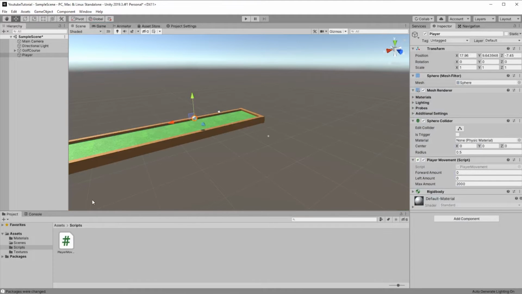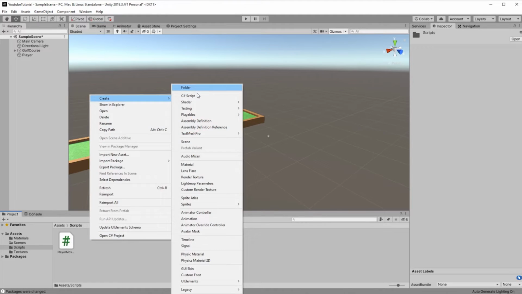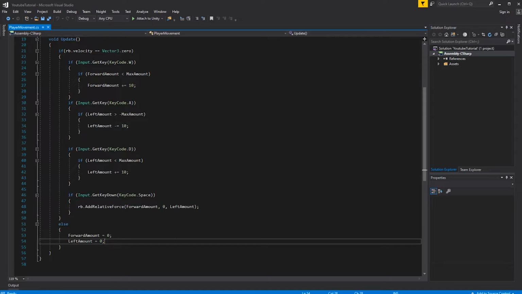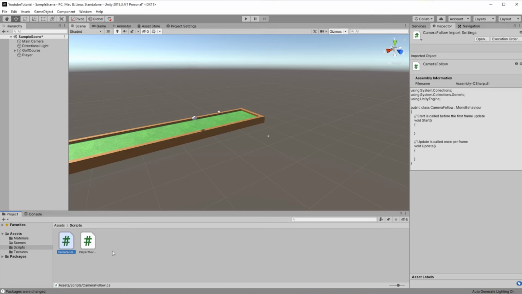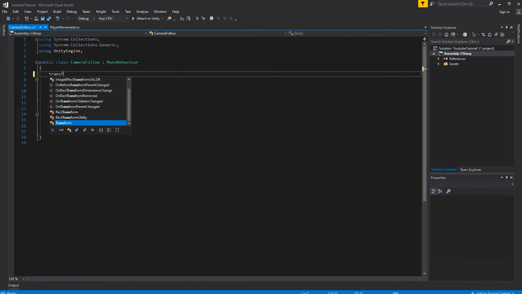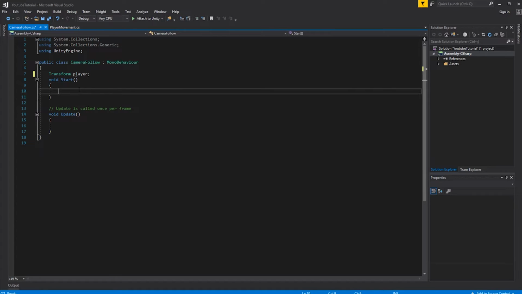Now we have to make the camera script, call it camera follow. There we'll need the transform of the player in order to do that. We are going to assign it in the start function.